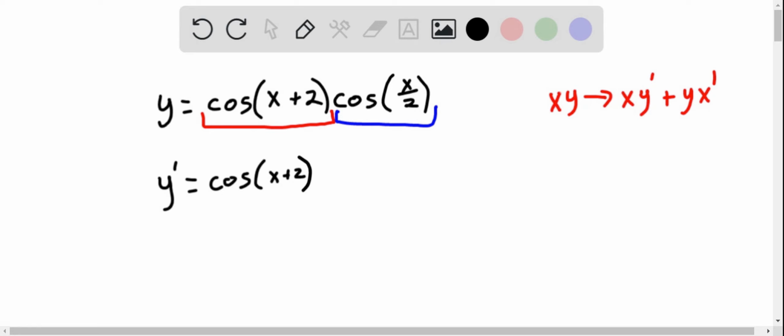and then we have to find the derivative of the cosine of x over 2. Well, remember, the derivative of cosine is negative sine. So first, we're going to have negative sine of x over 2. But now we have to use the chain rule because now we have to find the derivative of x over 2. Remember, x over 2 is just like 1/2 x. And now we can use our power